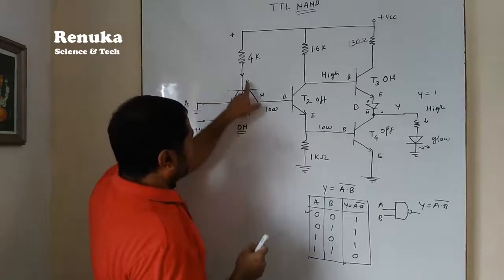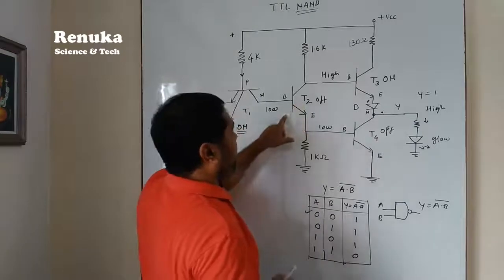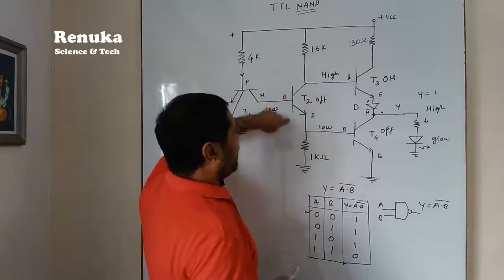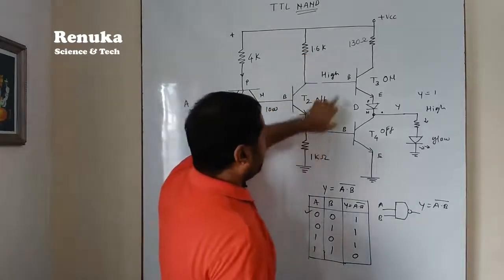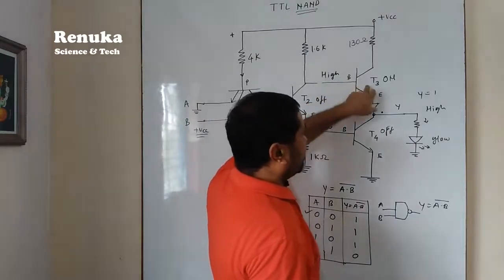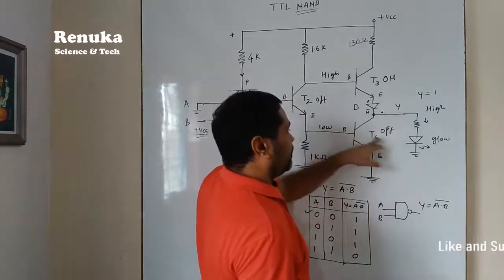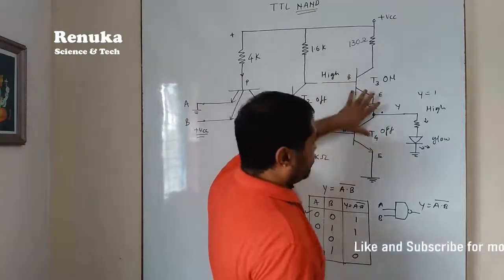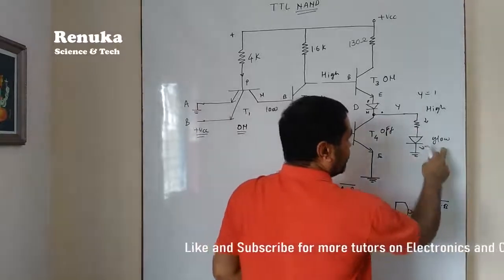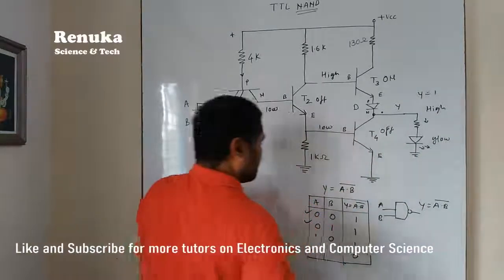If it is on, the output will be low, and this low is connected to the base of transistor T2, so this transistor T2 is still off. It will create a high voltage at the collector and a low voltage at the emitter. The high voltage at the base of transistor T3 will turn T3 on, and the low voltage at the base of T4 will make that transistor off. So the same condition is arising here. All the current will flow towards the LED and the LED will glow, creating a high voltage, and the output will be 1. So the second condition is also satisfied.